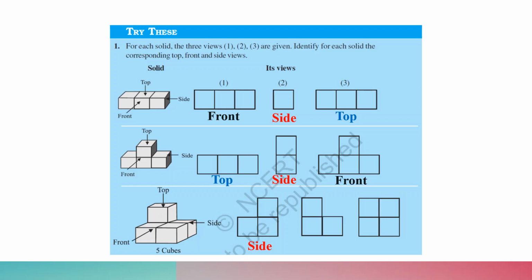So the second part represents the front view, and of course from the top, you will see 4 squares over there, the one which is raised up and the 3 which are in the bottom. So it represents the top view. So I hope this question is clear to you all. With this, we come to the end of this chapter, that is Visualizing Solid Shapes. The remaining questions and the remaining part of this chapter are for you to do at your home. If you don't get that, get back to us. We will surely help you out.